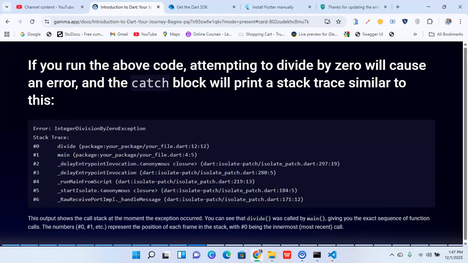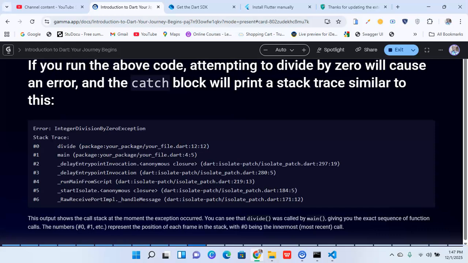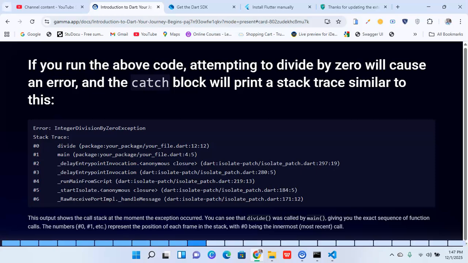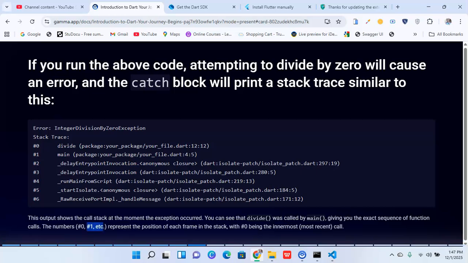Now if you run the above code, attempting to divide by 0 will cause an error, and the catch block will print a stack trace similar to this. And this output shows the call stack at the moment. So that's what I wanted to see. It showed the way you call all these things. You can see divide was called by main, giving you the exact sequence of function calls, and the number